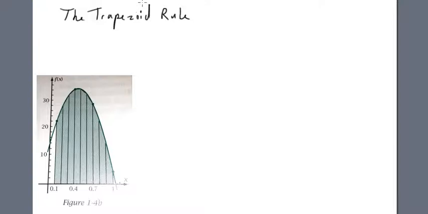The trapezoid rule says T of N. Last time we cut it into 3 trapezoids, so this would be T of 3. In this case, we're going to cut it into 9, so it would be T of 9 equals delta x, which means how wide the trapezoids are, times 1/2